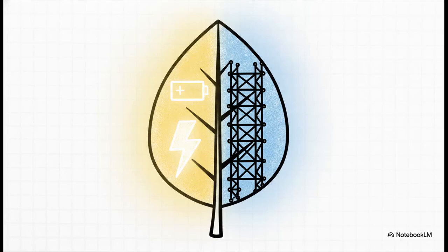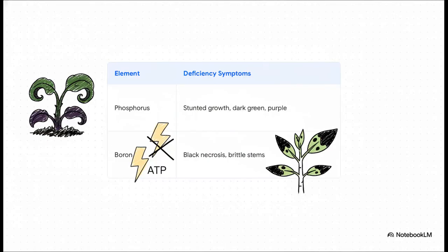These elements serve as the plant's energy currency and physical scaffolding. We're looking at phosphorus, silicon, and boron here, and they often form ester linkages right inside the plant. So if the energy currency of phosphorus is missing, which means a severe lack of ATP, the plant gets really stunted. But interestingly, instead of turning yellow, the leaves turn this unusual dark green, or sometimes even purple, with no